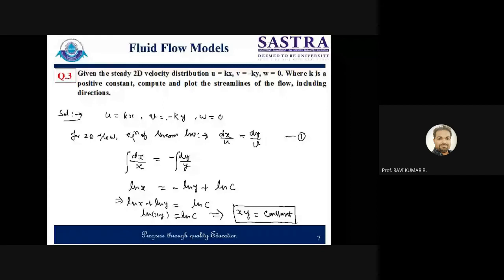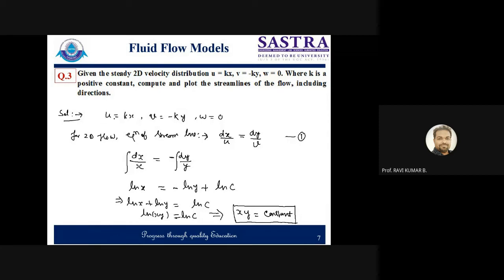If v is negative, it means the flow is coming vertically downward. V will be positive if you are going vertically upward. But for positive values, where all the quadrants x and y are positive, in that case u will be positive, but v still will be negative. And the reverse is true in the case of negative y and positive x. Negative x, so negative y and negative x is there, and u will become negative.